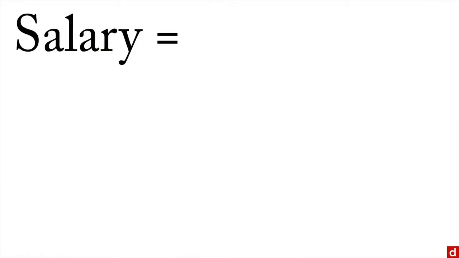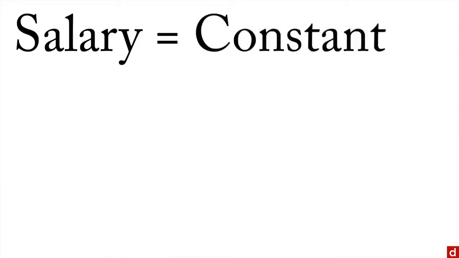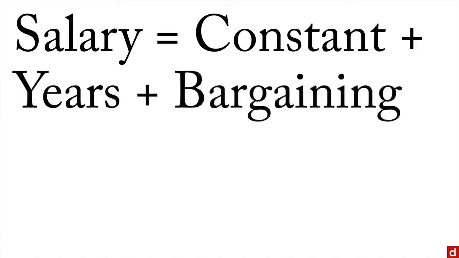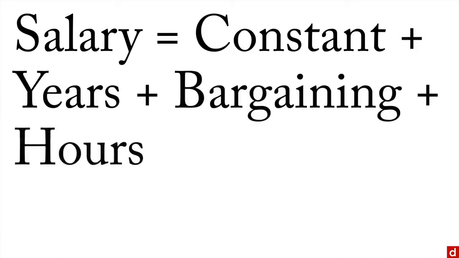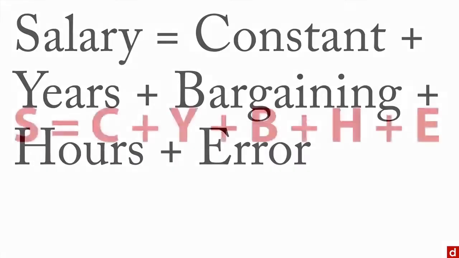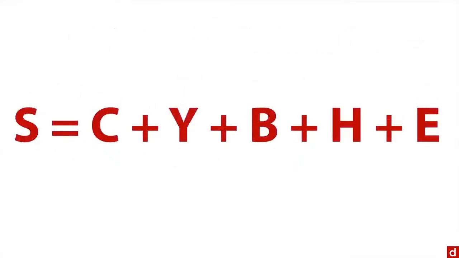And to give a simple version of it, the salary was equal to a constant. That's sort of an average value that everybody started with. And to that, you added years, and then you added some measure of bargaining skills and how many hours they worked per week. And that gave you a prediction, but because it wasn't exact, there's also some error to throw into it to get to the precise value that each person has. Now, if you want to abbreviate this, you can write it kind of like this: S plus C plus Y plus B plus H plus E. Although it's more common to write it